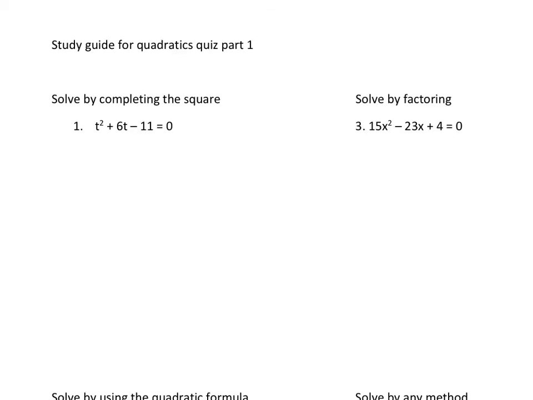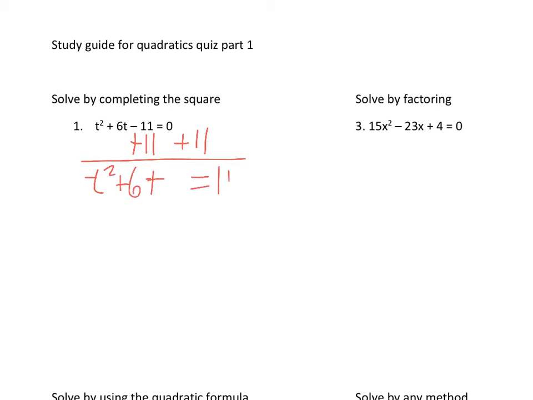Alright, ready? So we're going to solve this with completing the square. The first step with completing the square is we need to remember to get the t squared and t, or x squared and x, separate so that we have c, or whatever number we're adding to those, on the other side of the equation. So we just need to do the opposite, and since we are subtracting 11 right here, the opposite would be adding 11, and whatever you do to one side you got to do to the other side. Alright, and that'll just give us t squared plus 6t